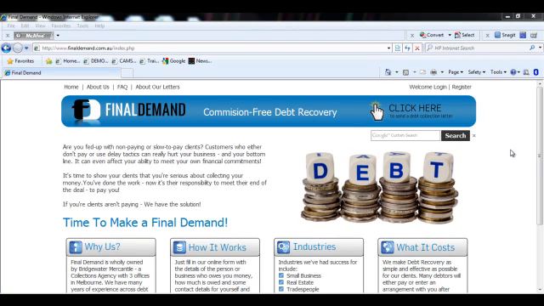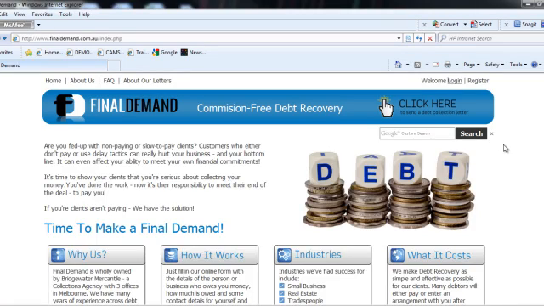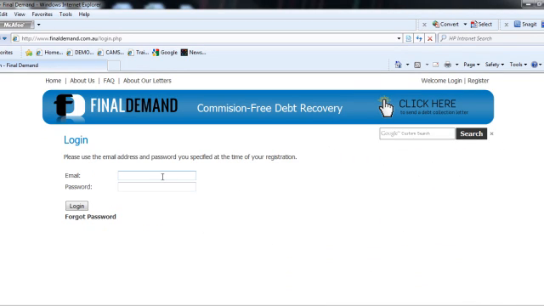Once you've registered for Final Demand, the next thing you'll need to do is log in, and it's a pretty straightforward process. So we're just going to click on the login button up here, just next to register where you registered before. And all it asks for is your email. So we'll just use the email address that we used in our demonstration, and then we put in our password that we used,